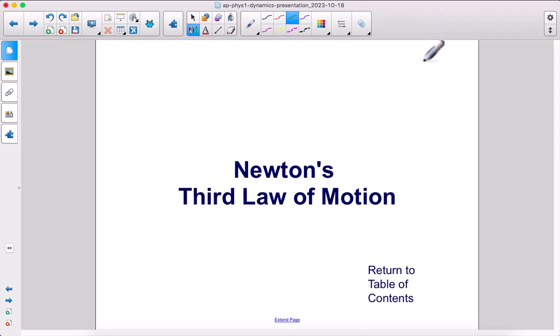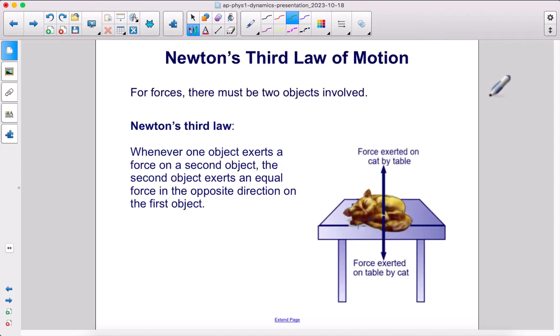Newton's third law of motion. For forces, there must be two objects involved. Newton's third law states that whenever one object exerts a force on a second object, the second object exerts an equal force in the opposite direction on the first object. So the force exerted on the table by the cat is opposite and equal to the force exerted on the